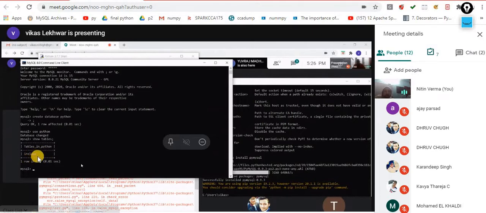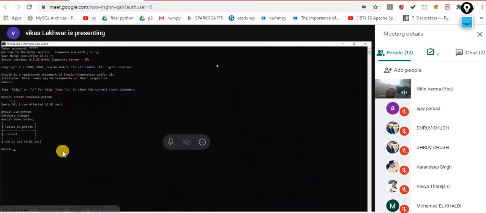Now you can check the Ireland table we made through Python. The Ireland table that we made through Python is reflected in the database. That means our connection is done successfully. Everything is working fine, we are not getting any error, so our connection is established. As you have seen, we did this with the help of our Python code. This concept is called Python database connectivity.